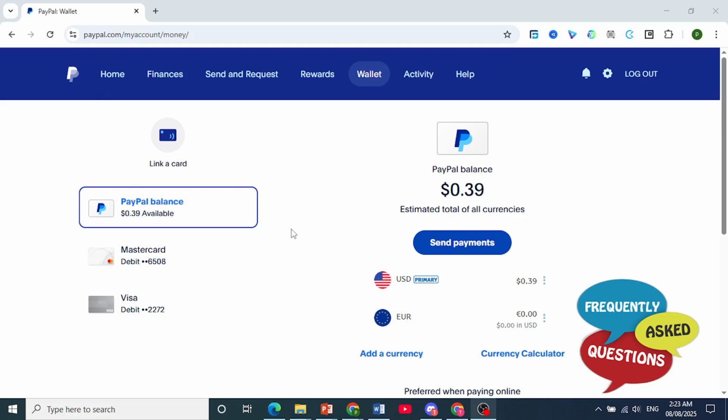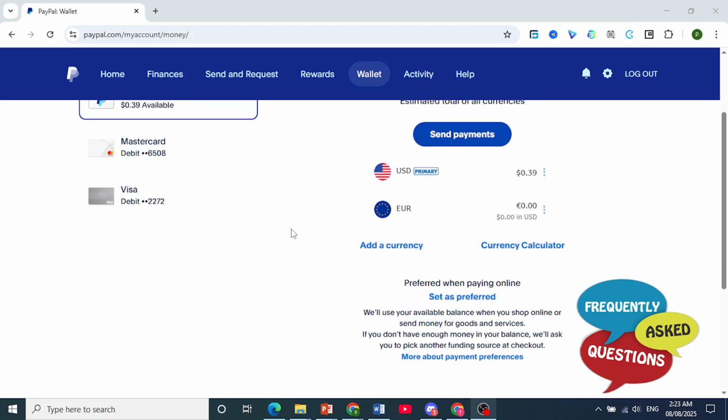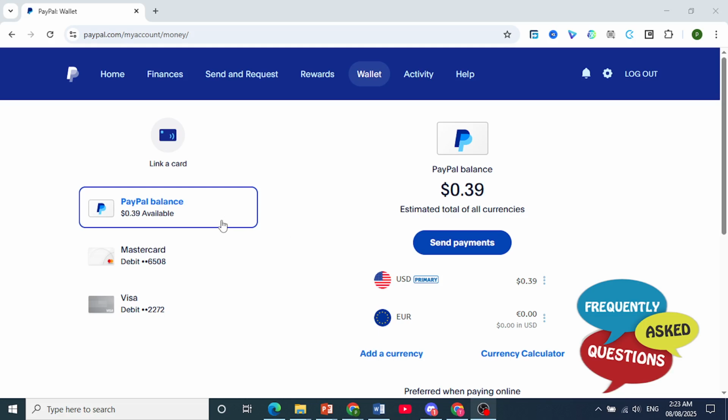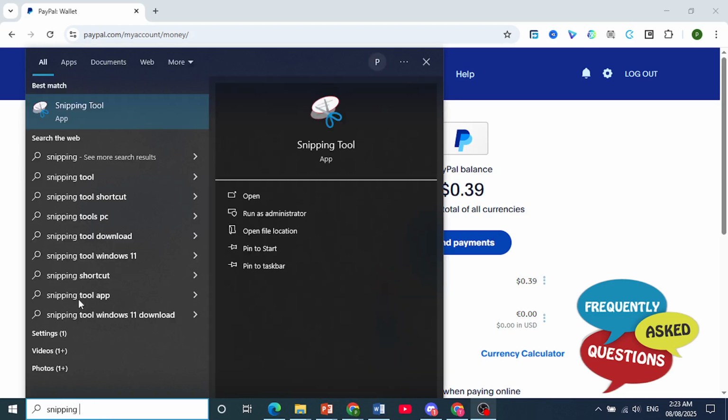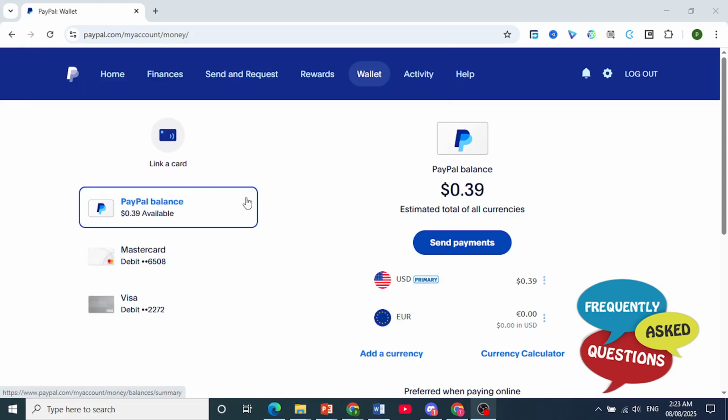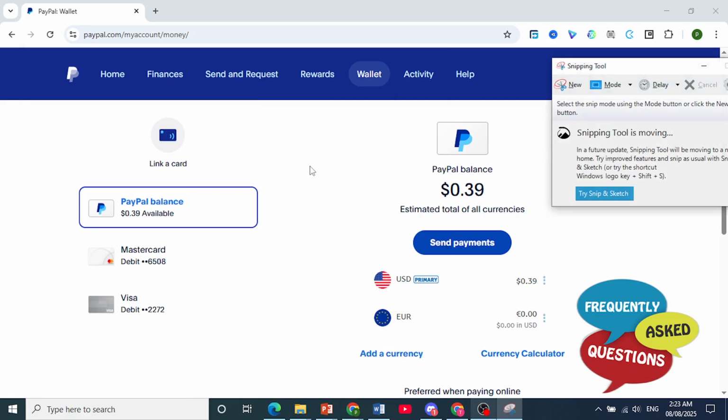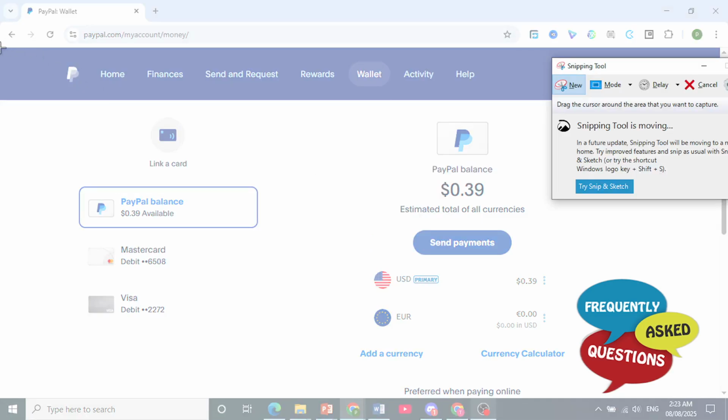PayPal, and if you want to take screenshots of any transactions, then all you need to do is just come here, click on search, and type in snipping tool, and just go ahead and open up this snipping tool right here. Click on open, and then all I need you to do is click on new right here and just